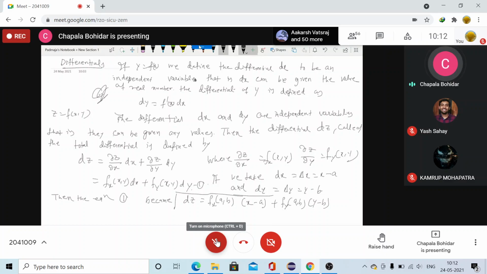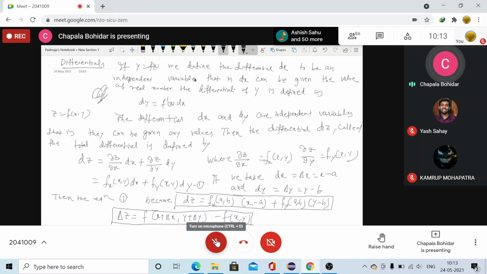If your question says find dz, use this formula. The formula for del z is del z equal to f of x plus del x, y plus del y minus f of x, y. You need to find and compare the values of dz and del z. Your question is like this: compare the values of these two.